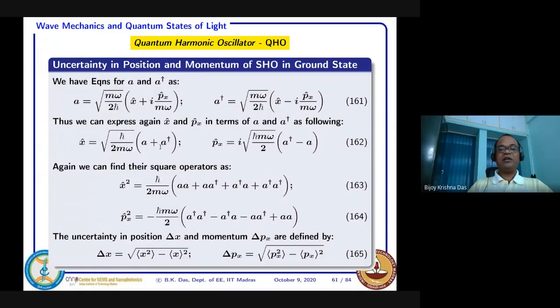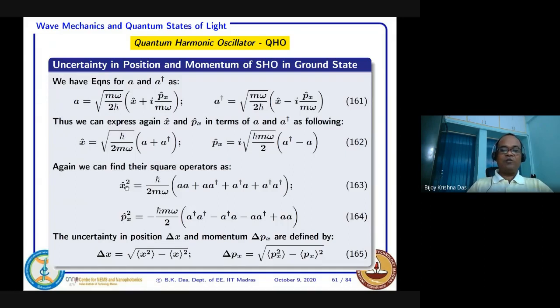If you use these two equations, you can define the x operator like this. It is just A plus A dagger, because if you add these two, the momentum operator will be cancelled, and then you get the x operator. And if you subtract, then the x operator will be cancelled, and you get the momentum operator. So now you know the x operator and the momentum operator. Let us try to find x square in terms of A and A dagger. Why x square? We'll come to that a little while later, why x square is useful and necessary.